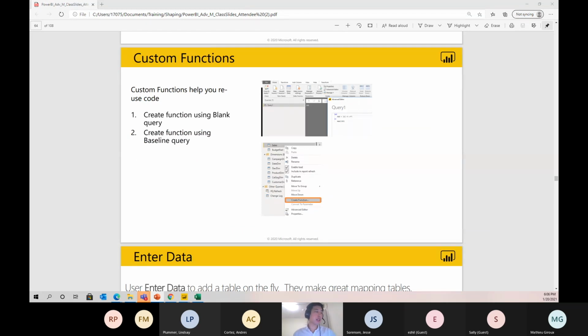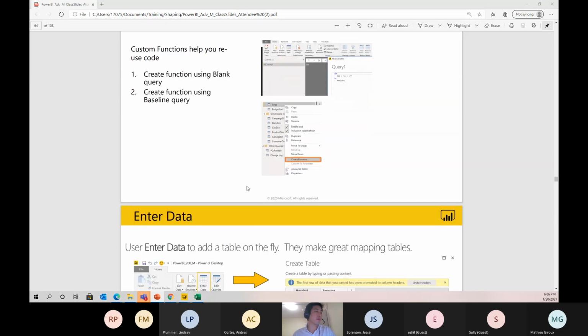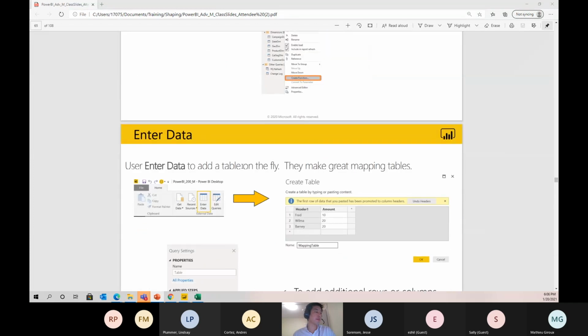Custom functions. Custom functions help you reuse code. Like I showed during the break earlier, you can create a function using a blank query, and you can create functions using baseline queries as well. So when you create a function here,